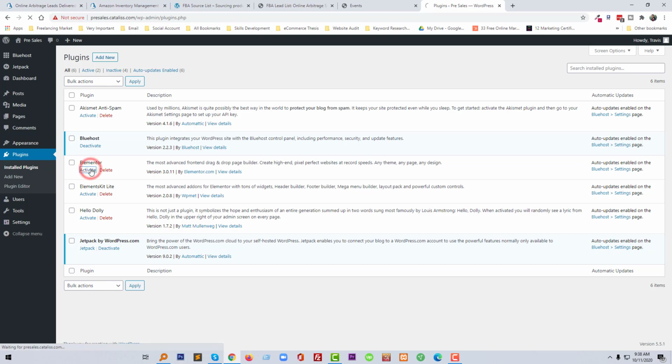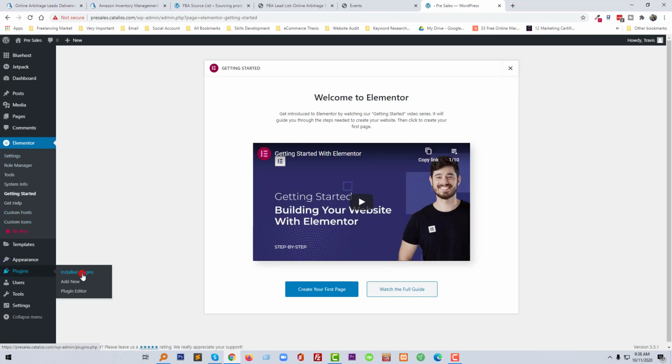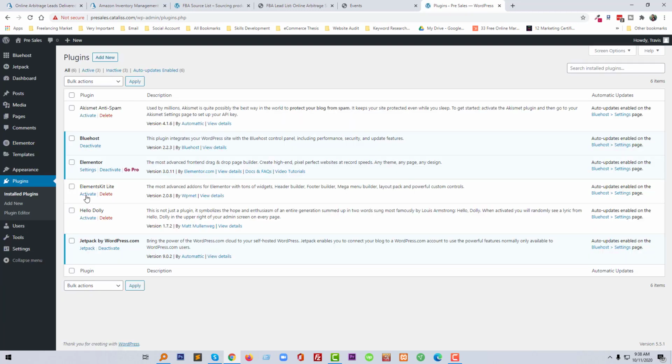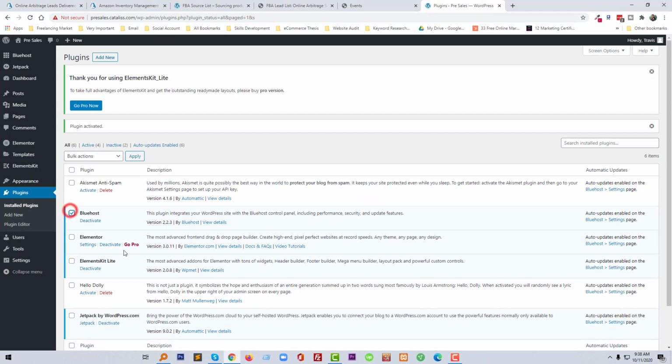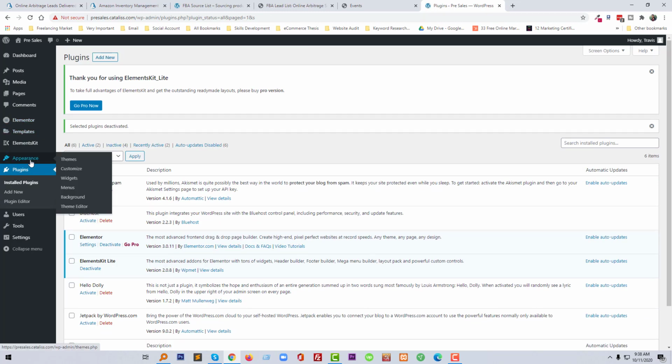So click on activate Elementor, and next going to activate Elementor Kit, Elements Kit Lite. Okay, we have installed two plugins. Now we need to install a theme. So I'm going to install a theme. That's why I click on themes under appearance,